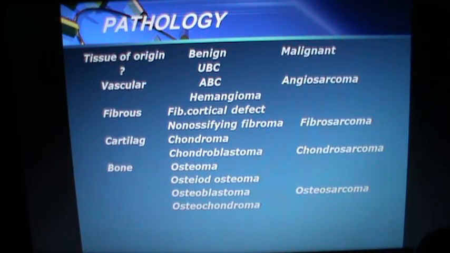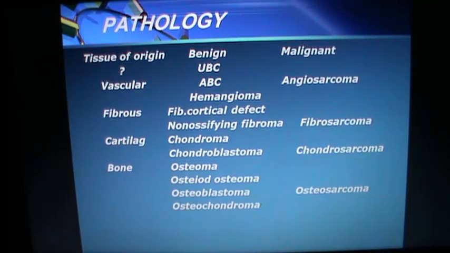And if it is coming from bone, it is osteoma, osteoblastoma, osteochondroma, and the malignant form is osteosarcoma. Mind you that in simple bone cysts, this is something developmental, as if you are stretching marrow, so defects appear, and the defect represents a cyst. In vascular tumor and fibrous tumor, there are no cells to ossify or calcify, so the matrix